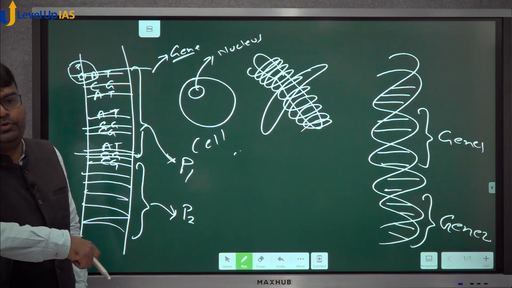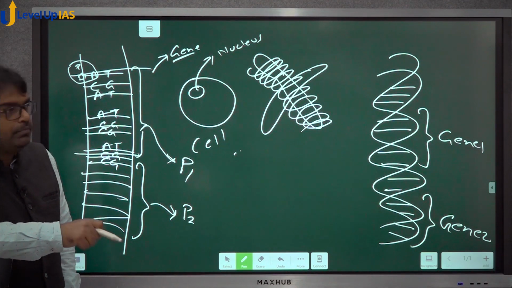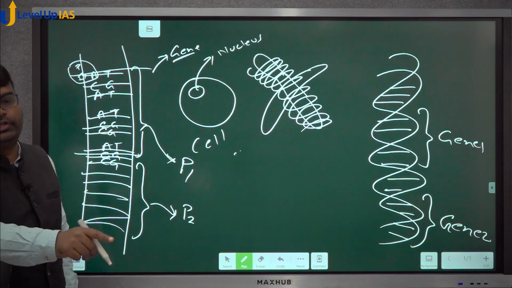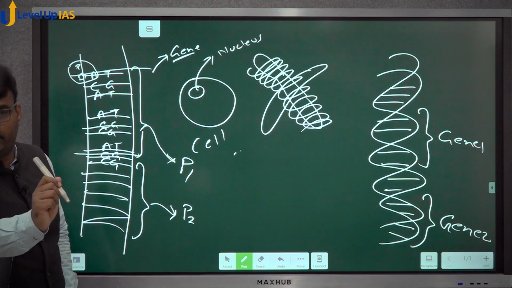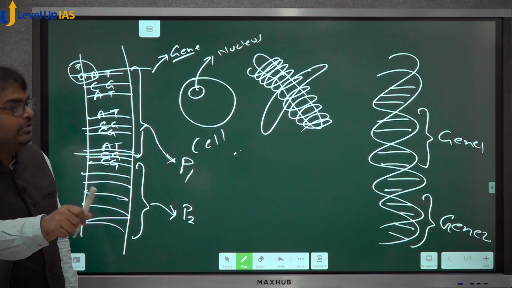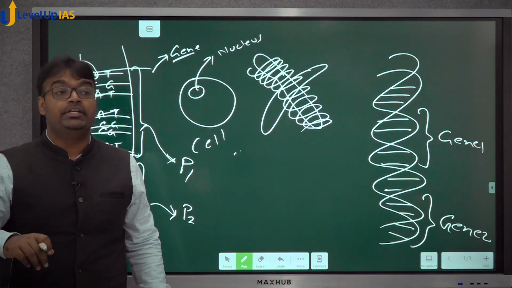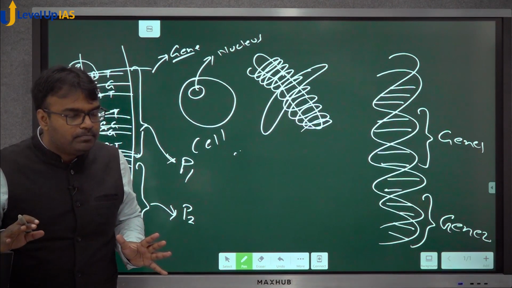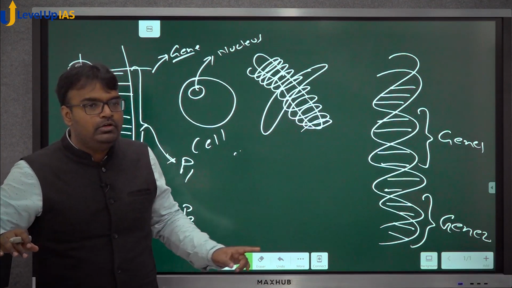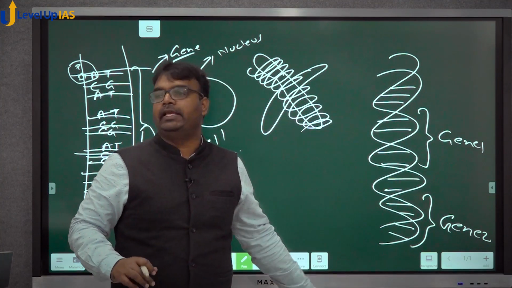Basis of modern biotechnology. We were talking about what is the basis of modern biotechnology. The basis of modern biotechnology is this. All living organisms, listen carefully, have DNA as their genetic material. That is, in all living organisms, what protein would be formed is stored in a structure like this,